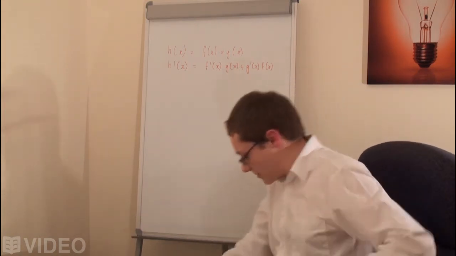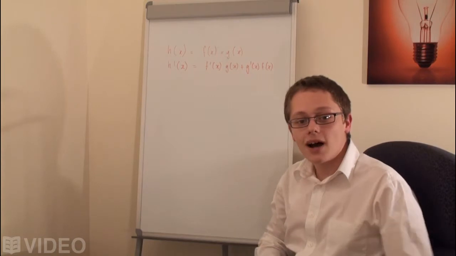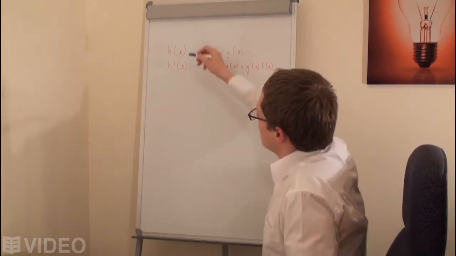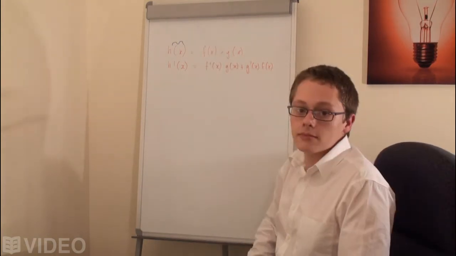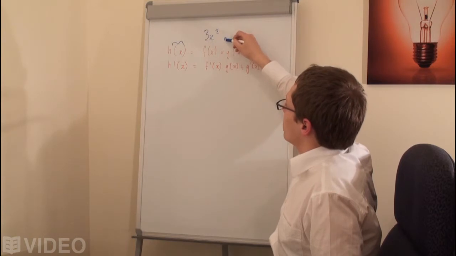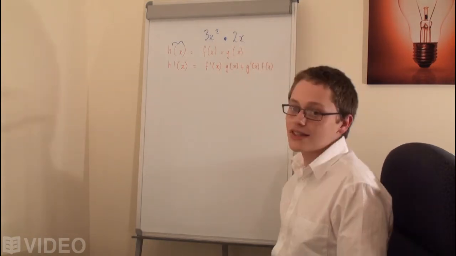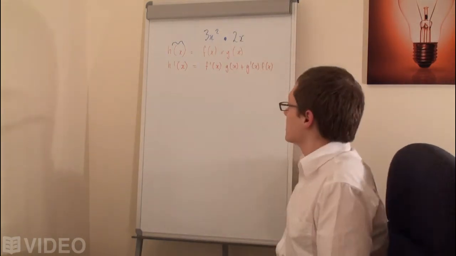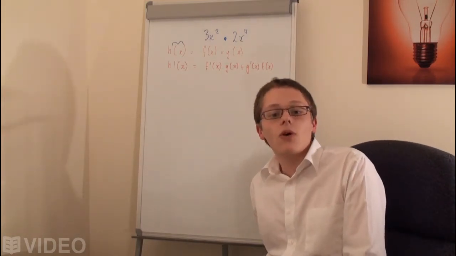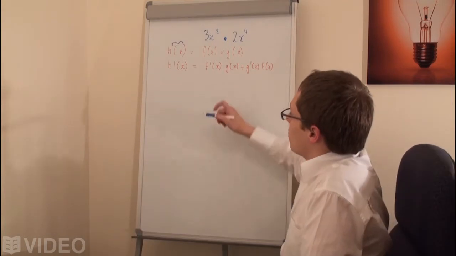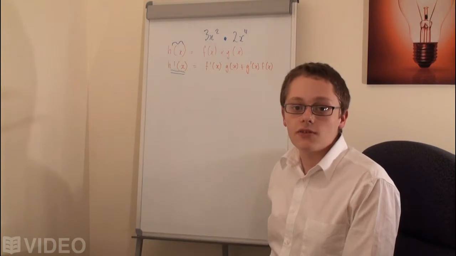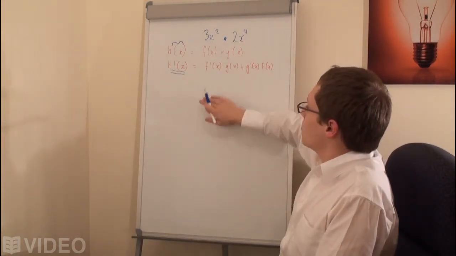So, let me get out a blue whiteboard marker. And let's annotate this a little bit. So we have our function. An example of an h of x may be 3x squared times 2x. Nice and simple and straightforward. I may even make it 2x to the 4. What we're saying here is that in order to find the derivative of such a function, we need to take